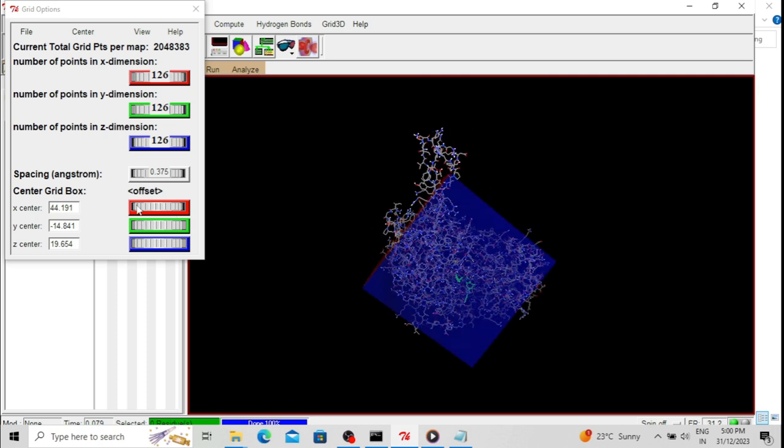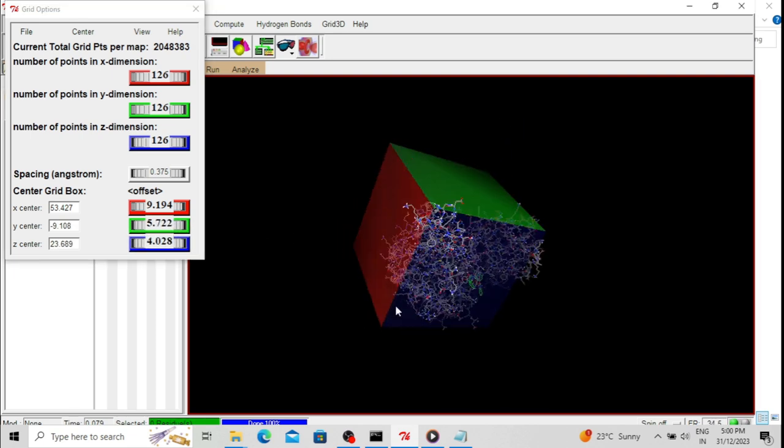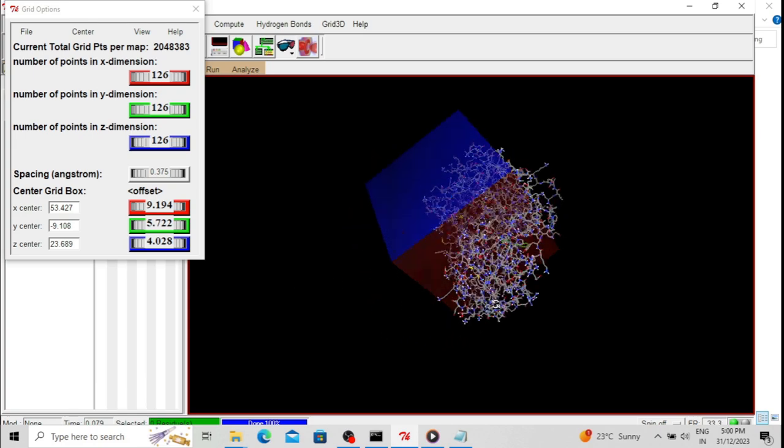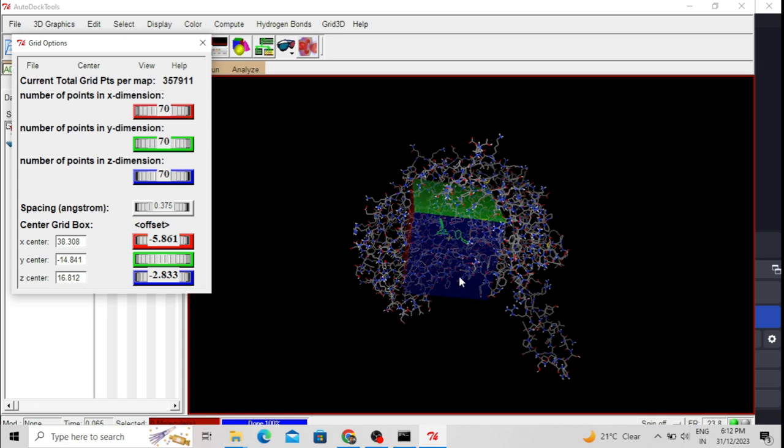You can change the central position of this box. The box shifts along the x axis, then along the y axis and then the z axis. That means you can place this box. You can change the position of this box using this center x, center y and center z,